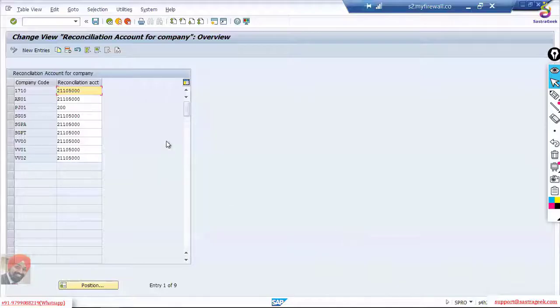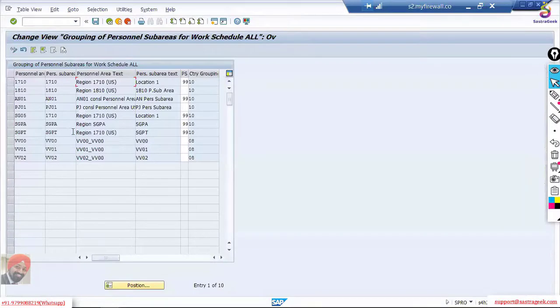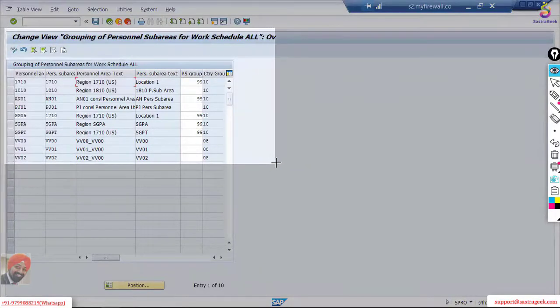One more thing from the HR perspective we need to do. All these configurations would actually be done by the HR consultant. We are not supposed to do this. This would be done by HR, but if the HR consultant is not there, generally we take the HR consultant for partial involvement to do this. But if the HR consultant is not there and SAP HR has not been implemented, the consultant needs to do this. So we also need to define the grouping between this personal area and this work schedule. If you don't have it, it will throw an error when you maintain your HR master, PA30 or PA40. So I'm putting it here.